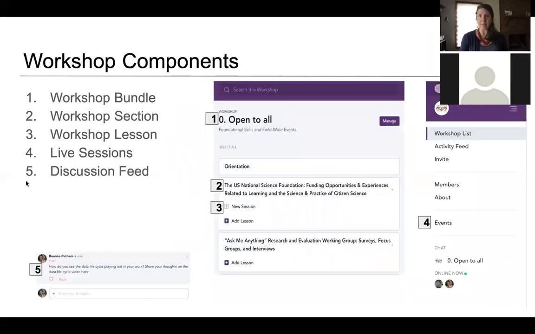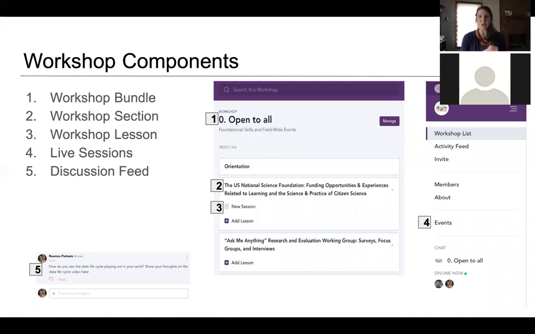Okay, so I'm gonna just dive right in to what our workshop components are, and then we'll get into a demo, because that's why we're all here today. So the 5 main workshop components, and just to break down some of the language, we've talked a lot about workshop bundles. And so the way that we are granting access to workshops through CitSciVirtual is that every registrant will have access to 3 workshop bundles. And in each bundle, there will be a number of different workshops. And within that bundle, there will be no conflicting